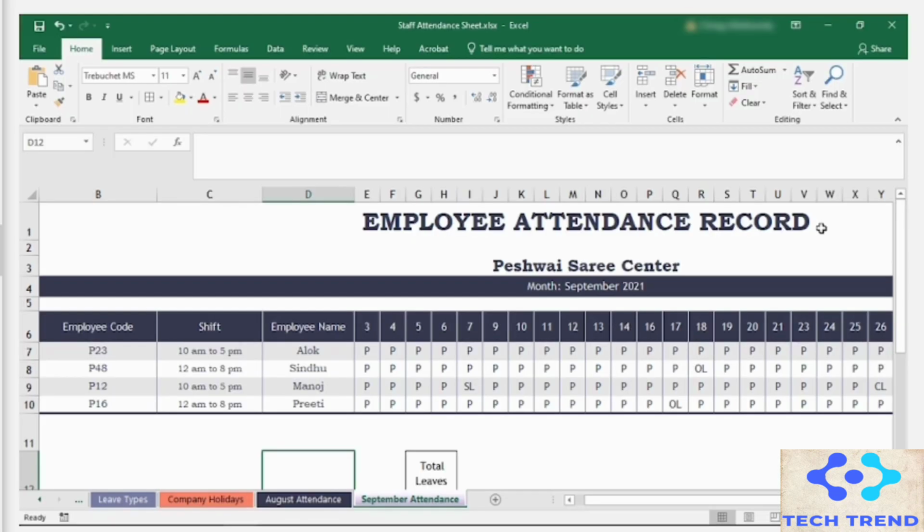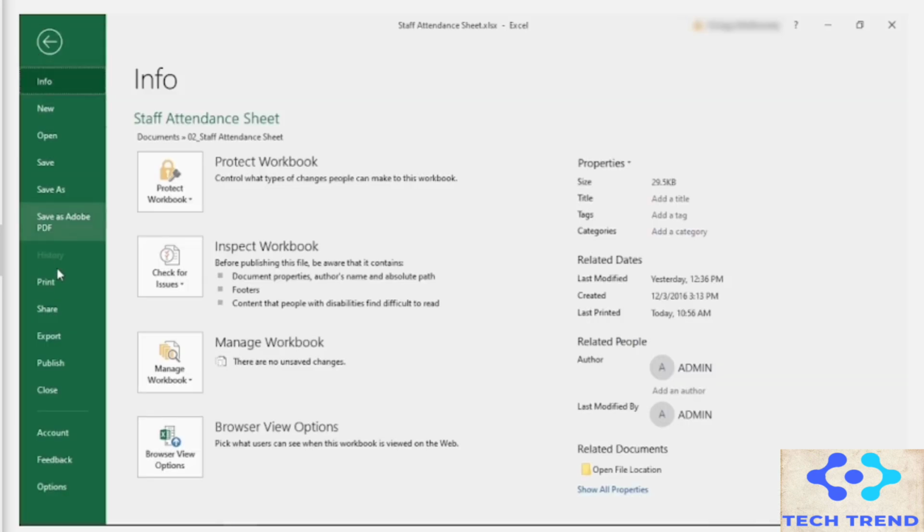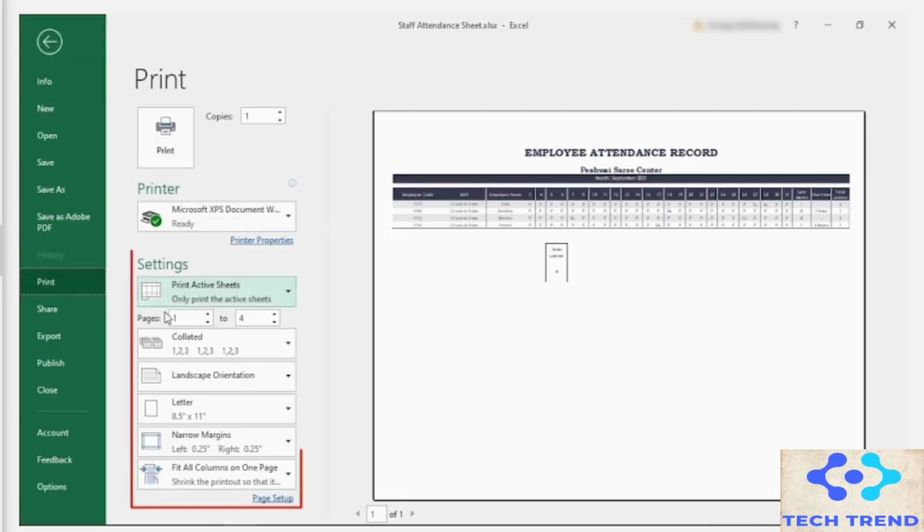If you have a printer, you can directly print the workbook. Ensure that your printer is switched on and connected to your computer. Now, go to the File menu, click on Print. Specify the settings correctly. Once done, click on Print. If you want your employees to manually enter their present or absent marks daily, you can choose to print the workbook that has